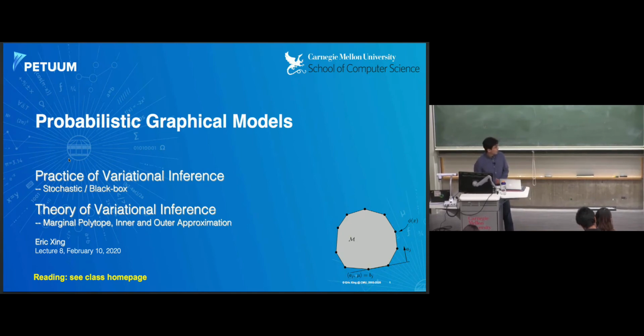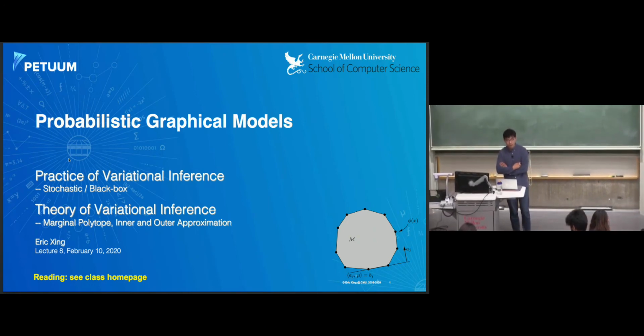So today's lecture will be on variational inference. We talked about the basics of variational inference last time, and covered some of the applications in the latent Dirichlet allocation model. We're going to see a more advanced variational inference technique today, also applied to latent Dirichlet allocation, but it generalizes to other models as well.